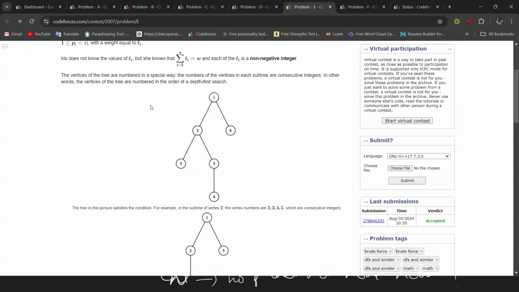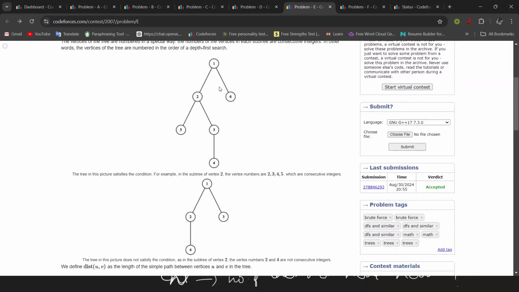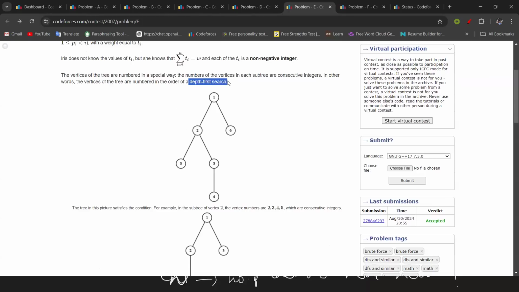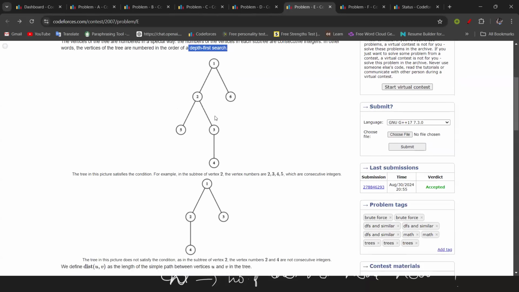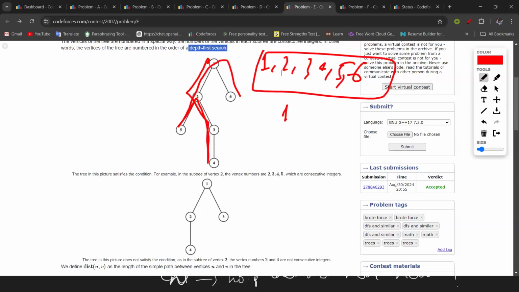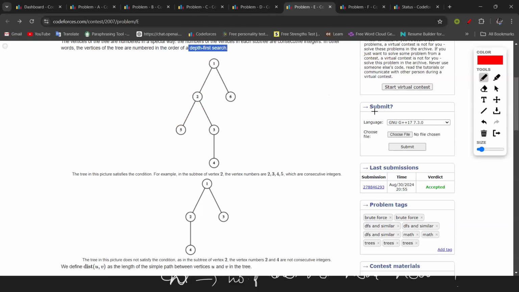The vertices of the tree are numbered in a special way. The numbers of the vertices in each subtree are consecutive integers. In other words, one more property of this tree is given, that they are numbered with consecutive integers. So if you perform a DFS traversal in this, you can get consecutive integers. So here, if you look at this tree, if you perform a DFS traversal, you can get 1, 2, 3, 4, 5 here. How? 1, 2, 3, 4, then backtrack to 5, then to 6. This way you can get 1, 2, 3, 4, 5, 6 as your pre-order traversal, always consecutive